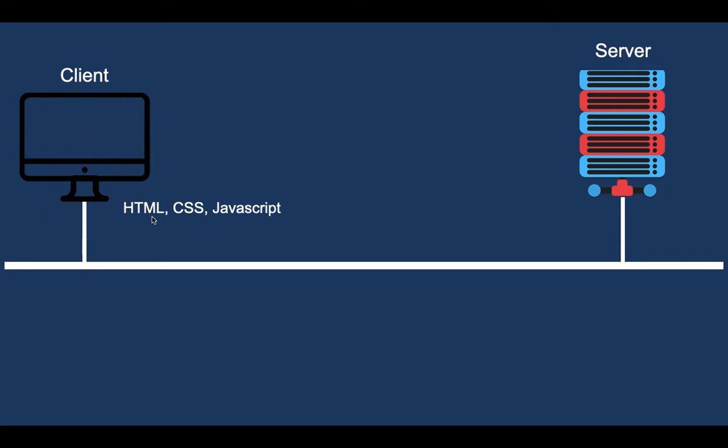Now whatever is written in this HTML, CSS, JavaScript constitutes the front end of the website. Why the front end? Because whatever is there in these codes, it executes on the client computer. The HTML code, the CSS code, the JavaScript code runs on the client computer. And whenever the code runs on the client computer, it means that it is the front end of the website. So the definition of front end is that it is that part of the website which executes on the client machine. If you understood this definition, then you also know the definition of the back end.